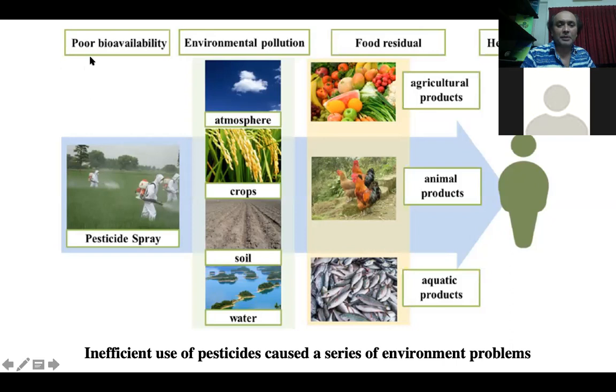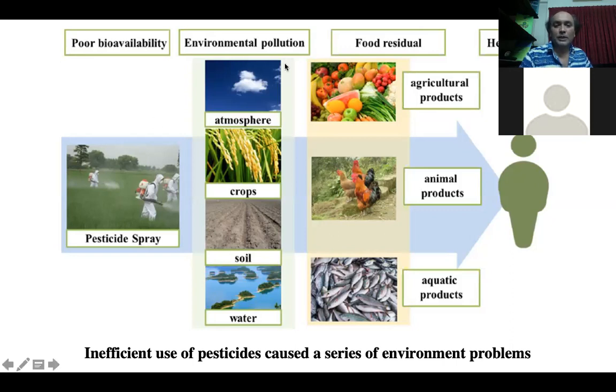Here you can see the limitation of pesticide: poor bioavailability. Most pesticides are poorly bioavailable. When we spray, a large proportion evaporates and mixes into the air and causes air pollution, and a large proportion is absorbed by non-targeted organisms. So I told you the efficiency of currently used pesticide by spraying is incredibly low. Nearly 99% is absorbed by the environment, and they are a big threat to the environment, a big concern for the consumer,